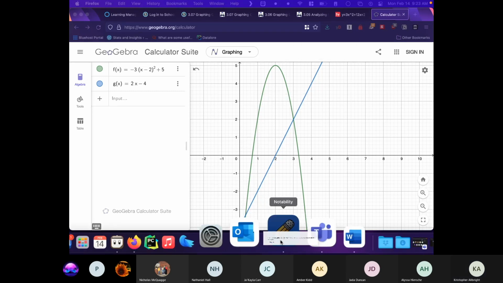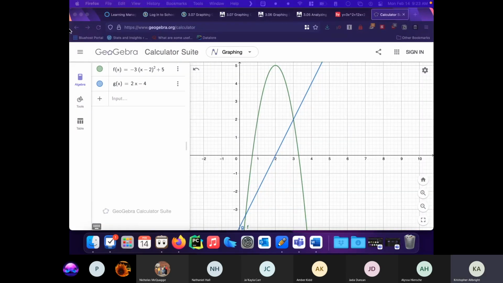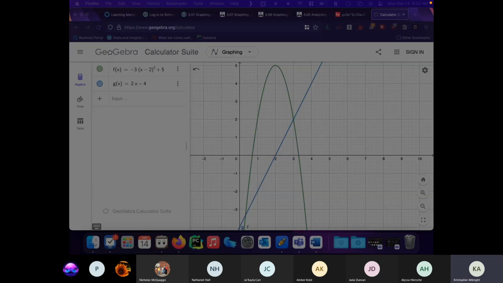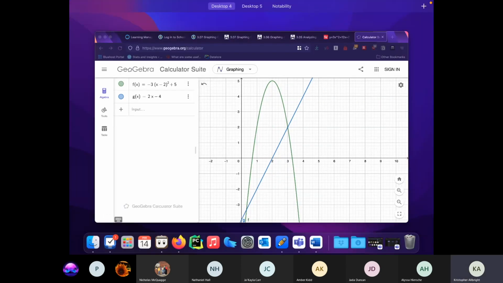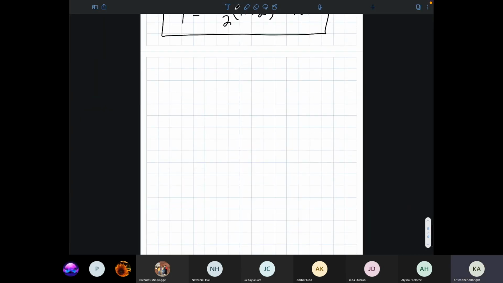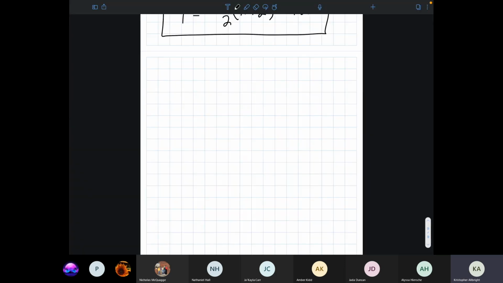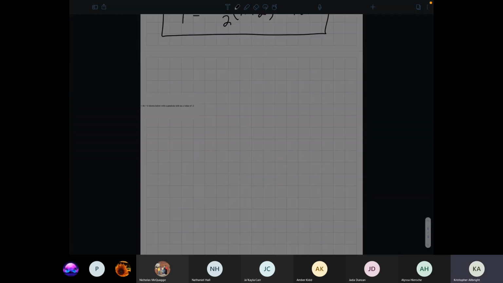That worked. There we go. Okay, so if I put the problem here and I put the graph,